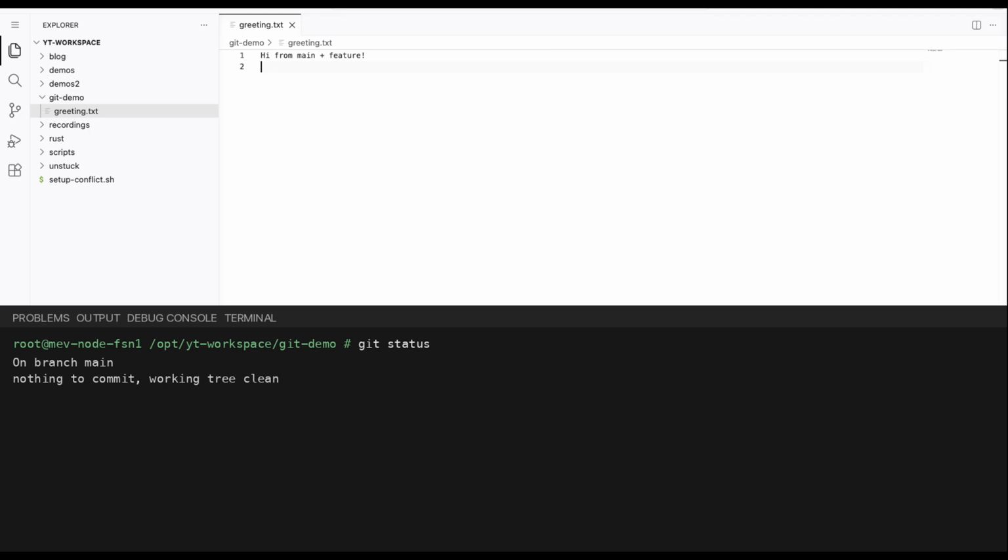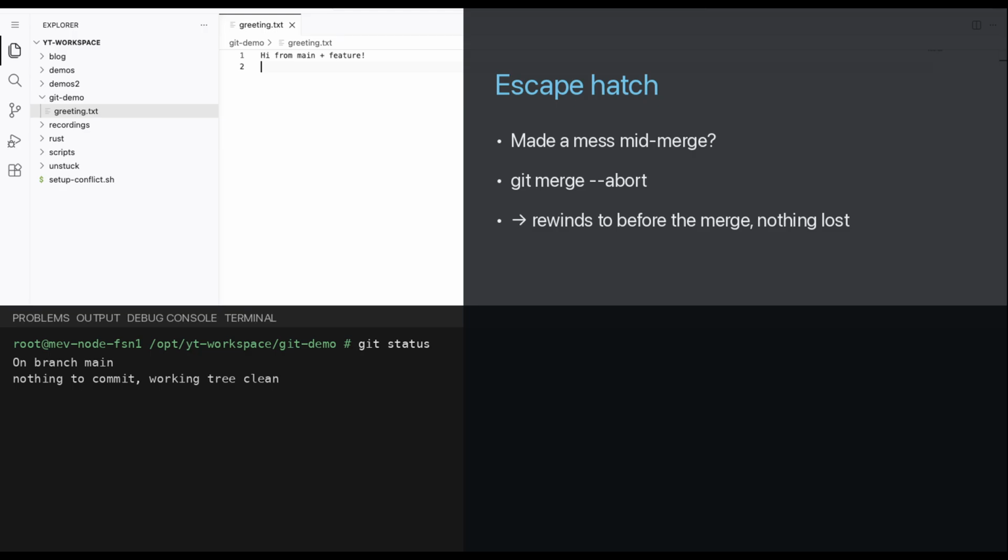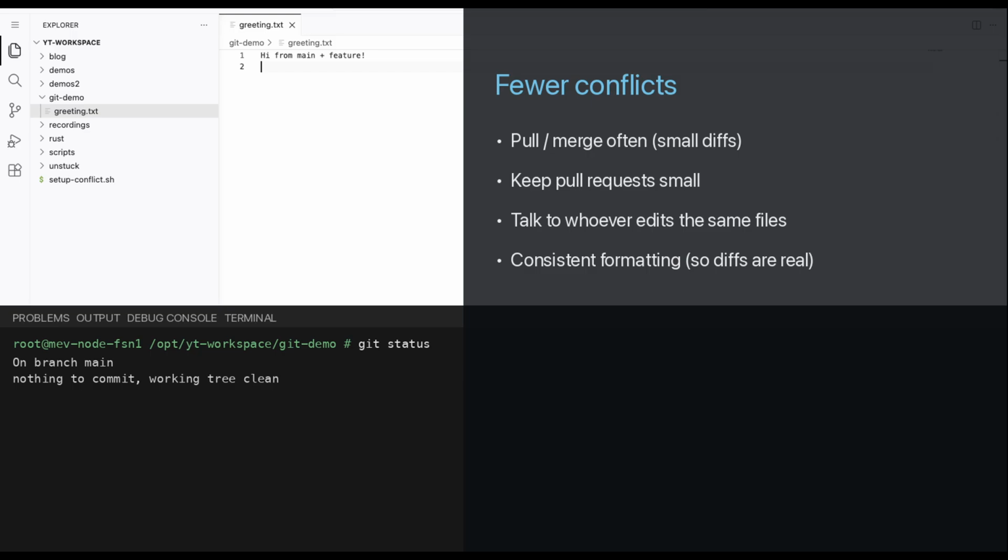Done. One safety net. If you get lost in the middle of a merge, run git merge --abort. It rewinds you to exactly before the merge started. Nothing is lost, you can try again. To get fewer conflicts, pull often so your branch stays close to main. Keep pull requests small, coordinate when 2 people touch the same file, and use consistent formatting so diffs reflect real